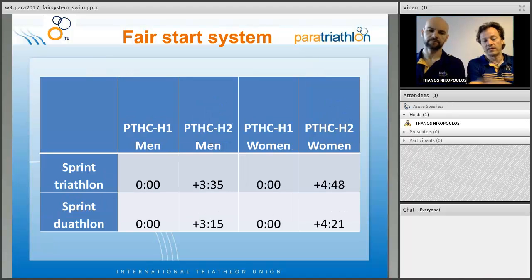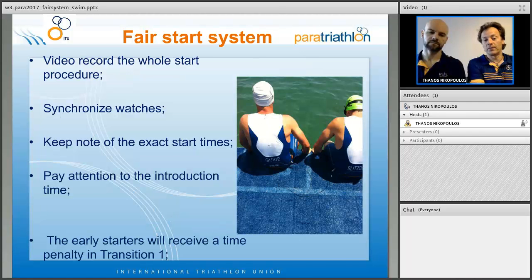As you can see in the different slides, you have the start times that you have to keep track of and plan for your race. The PTHC H1 start with what we call the zero time. Those that don't have the subclass of H1, or B1 in the case of the VIs, have the established times added to their final time. You have to make sure that the timers are doing this in the adequate way. Normally many of them end up adding it to the swim segment because they are not able to just create a false addition of times, but it is something that you have to verify as a TD.